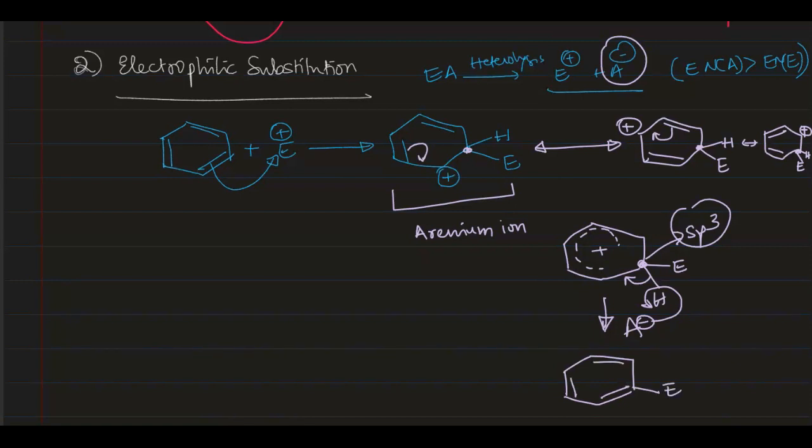with an E. Now if you see, in this molecule there was hydrogen here. Now that hydrogen is replaced by electrophile E. Because this electrophile has replaced the hydrogen, it's called substitution. Because it's the electrophile which is substituting the hydrogen, it's called electrophilic substitution. And this is one of the most important reactions in benzene and aromatic chemistry. So we will keep this in mind, and this will be very useful in our future discussions.